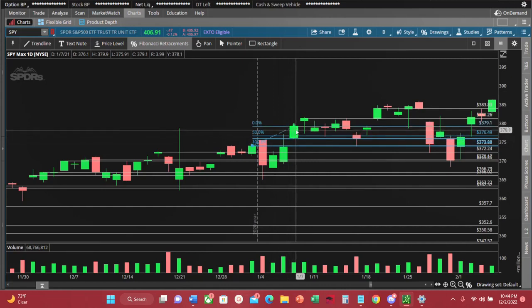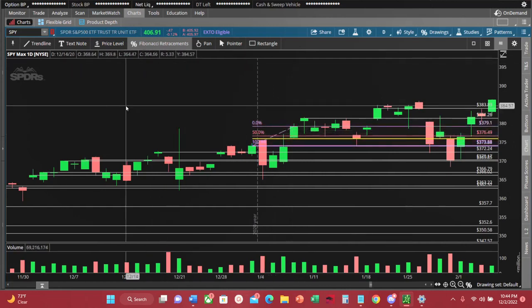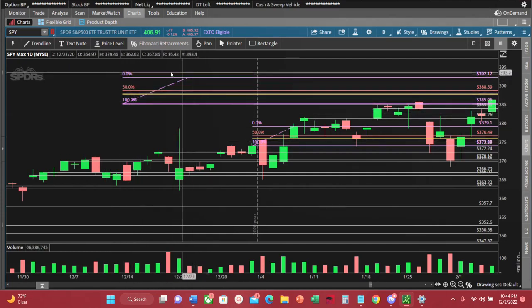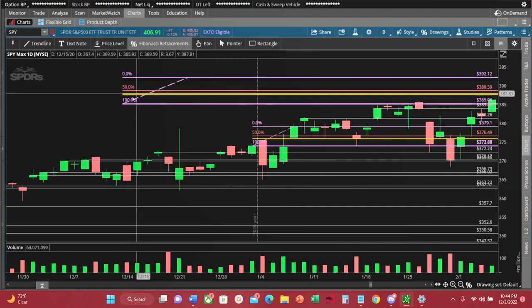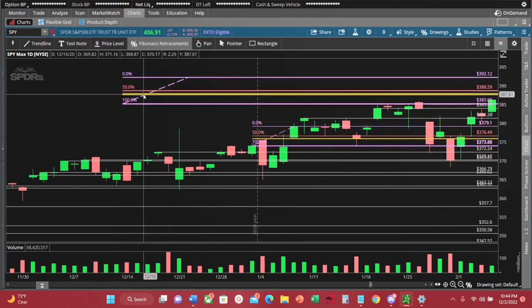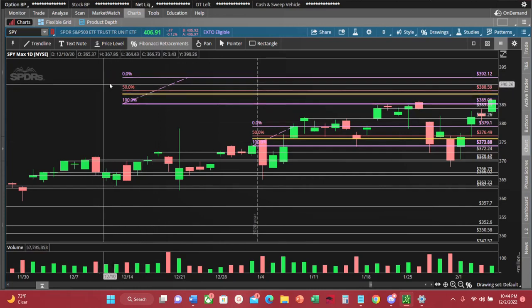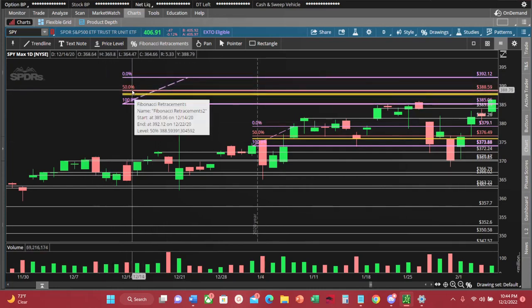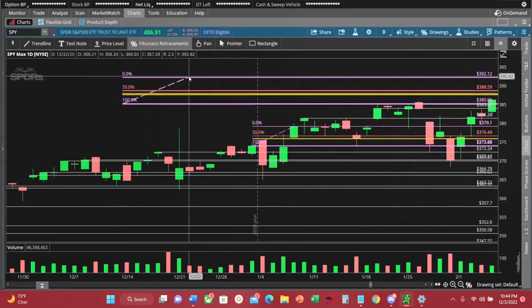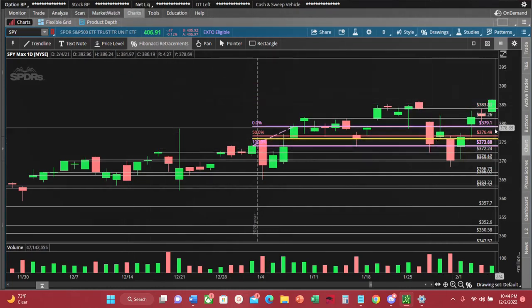So I'm going to use a fib retracement. Basically this fib is just a tool that grabs from one point to another point, and it gives you the levels in between. I'll explain more in a different video how to use these, but essentially this is a good tool to just cheat and grab a midpoint between the levels. The random two points that I grab, this is the midpoint at 388.59. So I do that there, and the midpoint is 376.49,